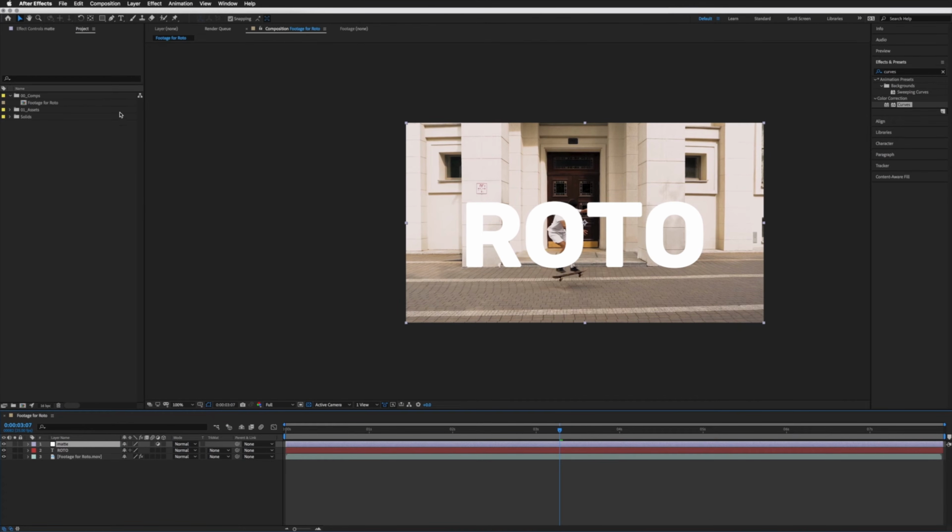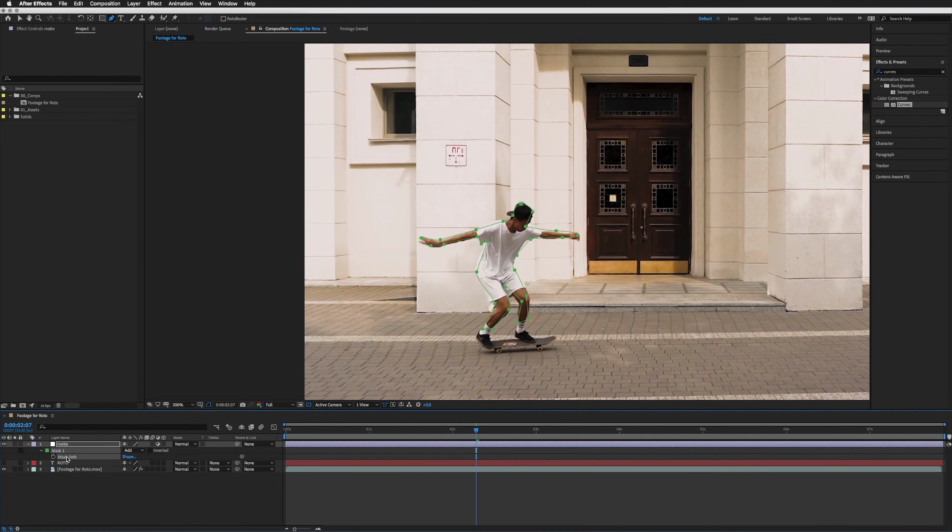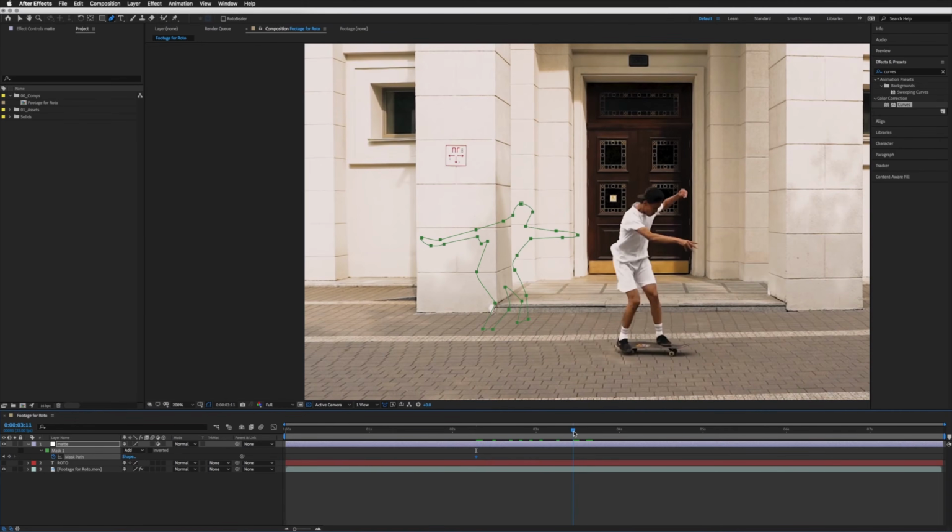And let's, with this selected, go up to our pen tool where we will be cutting out or drawing around our object or person. So let's just turn off the text for now. And what many people tend to do is do it all in one go. So I will just show you this quickly, and it is a mistake, which I will explain in a second. So I'll just do a quick rough, one continuous mask all the way around our object. And what you will find is if I was just to press M to get our mask up and keyframe this and move forwards,